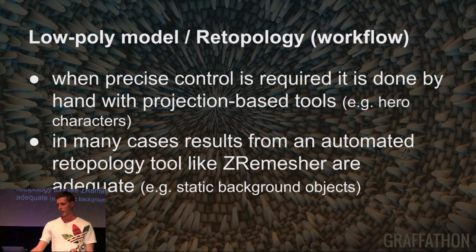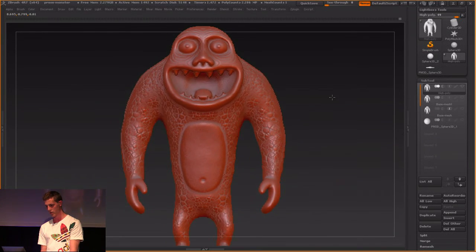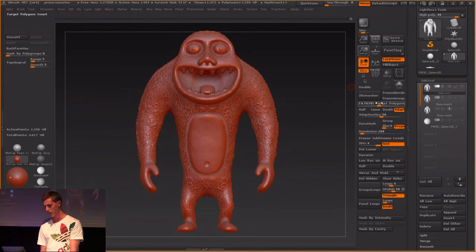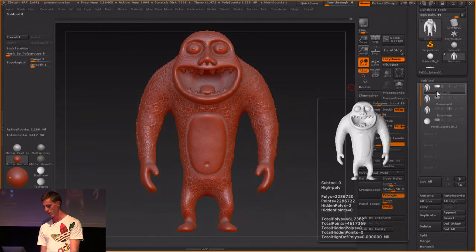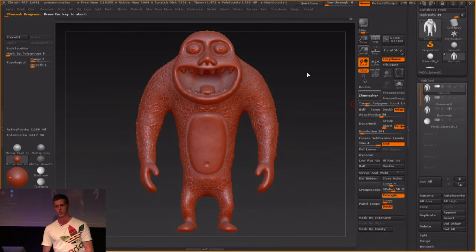And there's this push button solution called Z-Remesher, which sometimes produces nice results, sometimes it doesn't. For example, if I take Mr. High Poly Jarmo and Z-remesh it with a target polygon count of 2,400,